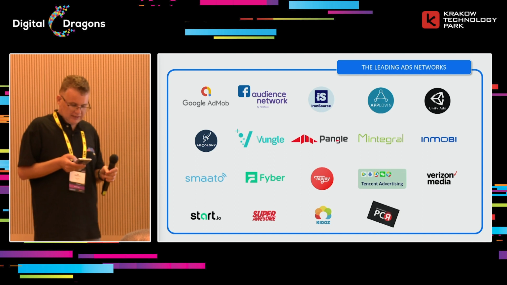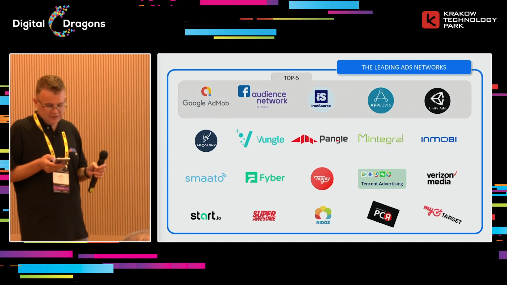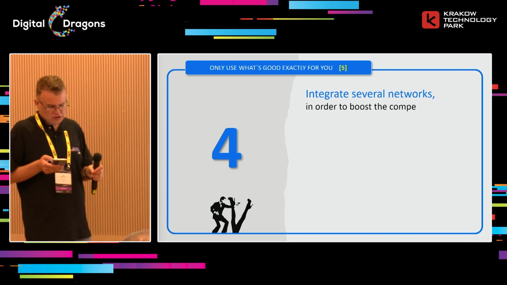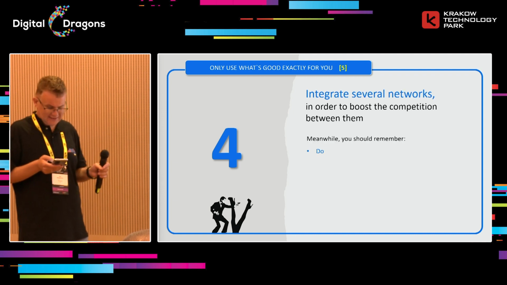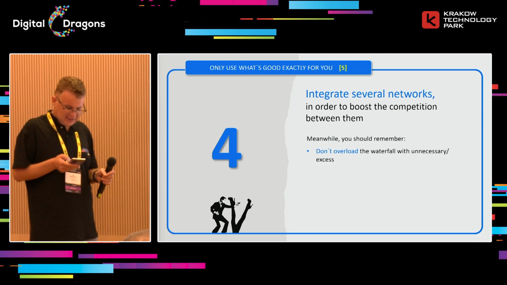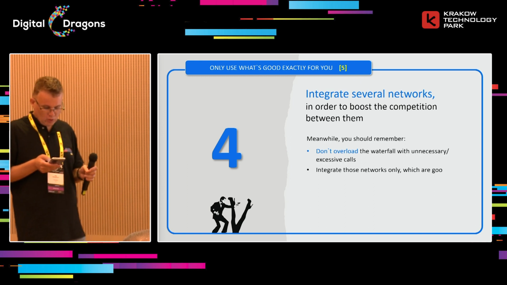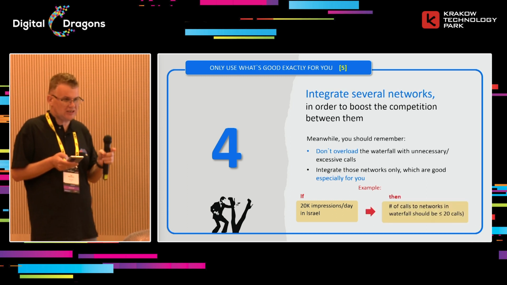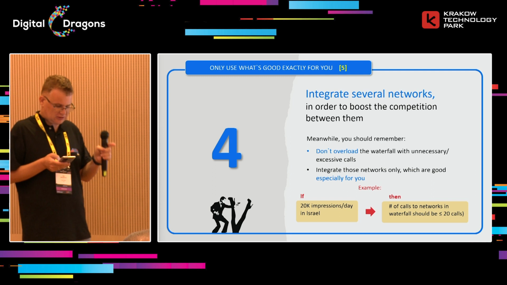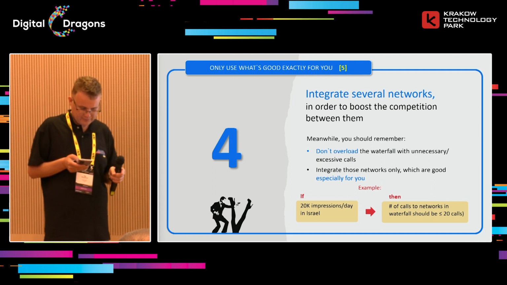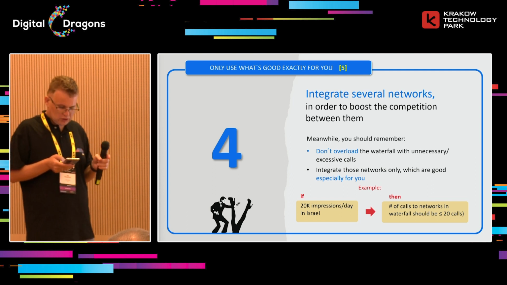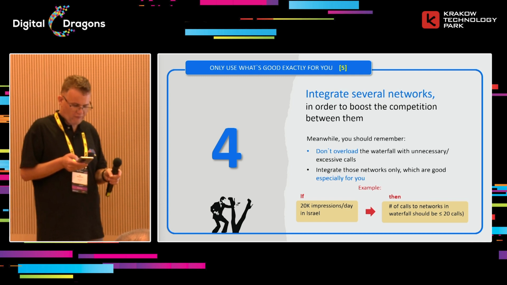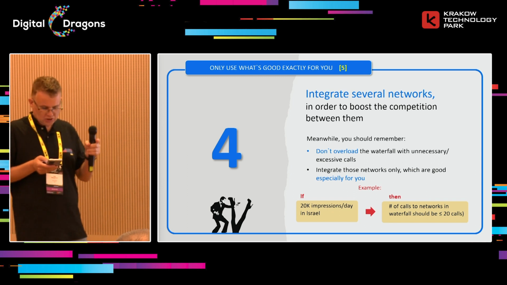However, even in top geo, for example, in the USA, I recommend limiting your waterfall to 40 to 60 placements due to latency reasons. In proper mediation, you should probably have a new ad with the best price ready to show 30 seconds after the previous one was shown. Given that, it's very important to integrate only those ad networks which are suitable especially for you, for your app, for your audience, for your geos.